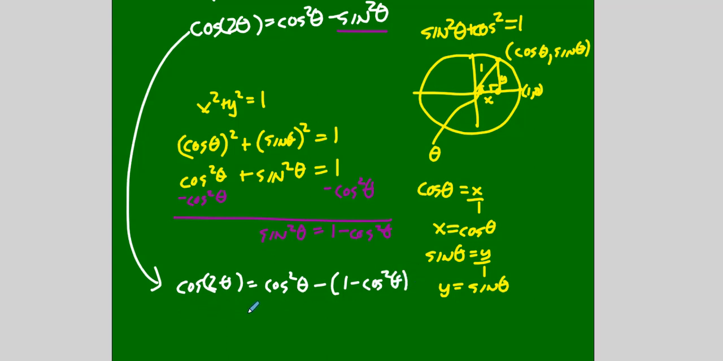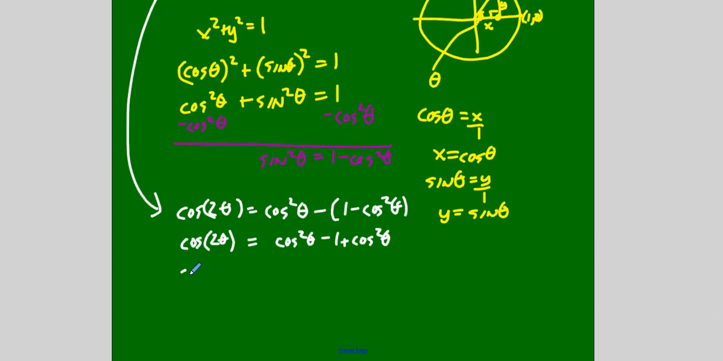So cosine 2 theta then is going to equal, using your distributive property, cosine squared theta minus 1, double negative, plus cosine squared theta. So we have cosine of 2 theta equals cosine squared theta plus 1 plus cosine squared theta. So we get cosine of 2 theta equals 2 cosine squared theta